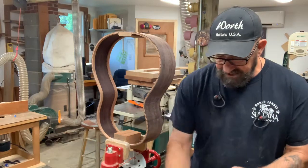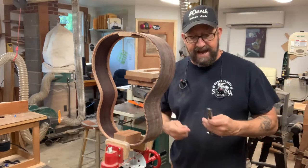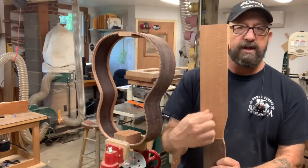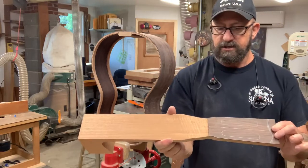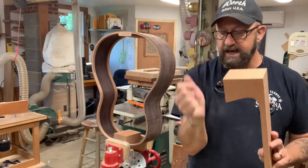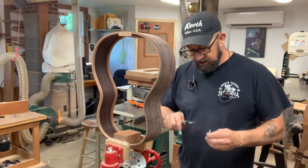Okay, so we have these bolts right here. This will be going in here into the barrel bolt, which is actually in the neck inside here. I haven't made this joint yet because I'm still laying out everything, and I wanted to keep everything square so that I can route in the truss rod. Okay, so we haven't got there yet, but take my word for it, there'll be some barrel bolts inside here and holes drilled inside here that coincide with these holes, and you'll see all that. But in the meantime, let's drill these 2 holes,